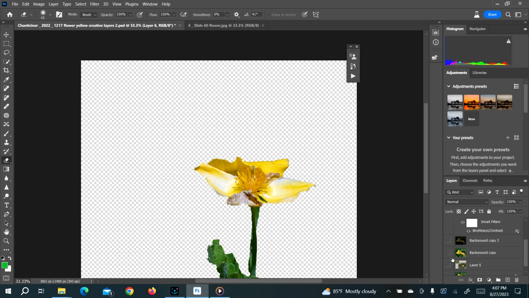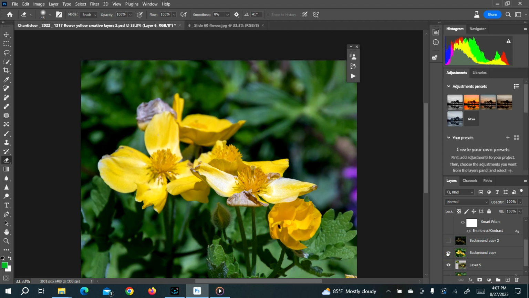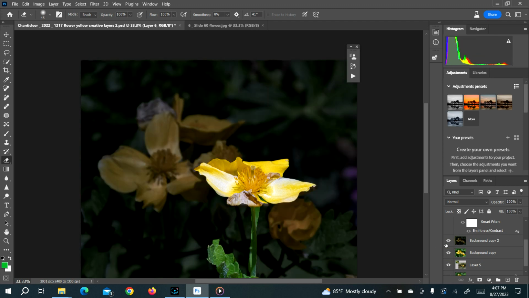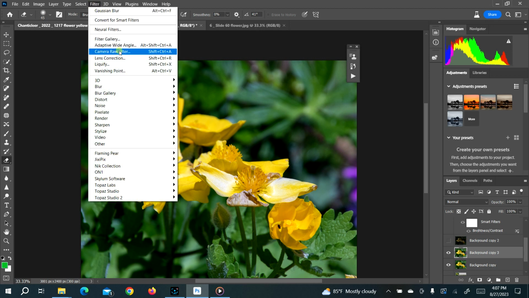Now, the next thing, as you recall from this one, it had a darker background. So it was like, how did I get this dark background? I don't know. So I decided to try to recreate it. And I think what I did was make a copy of the background. And it appears I may have gone to Camera Raw